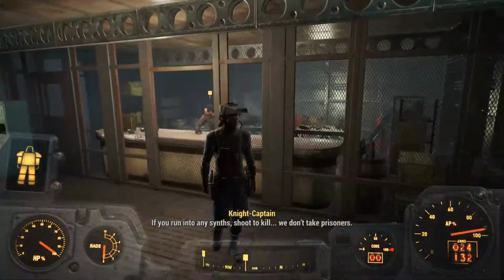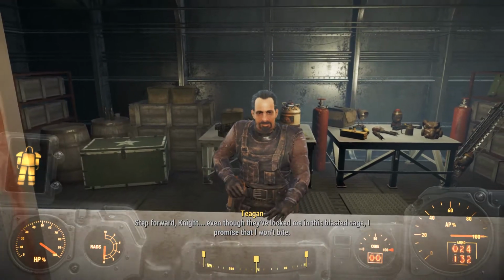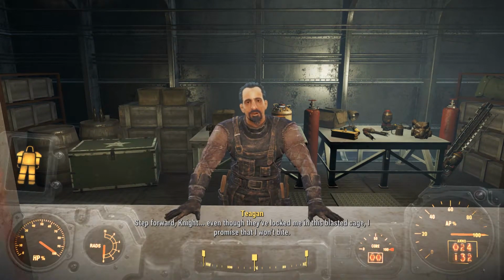If you run into the Sith, shoot to kill. Tegan. Step forward, Knight. Even though they've locked me in this blasted cage, I promised that I would find